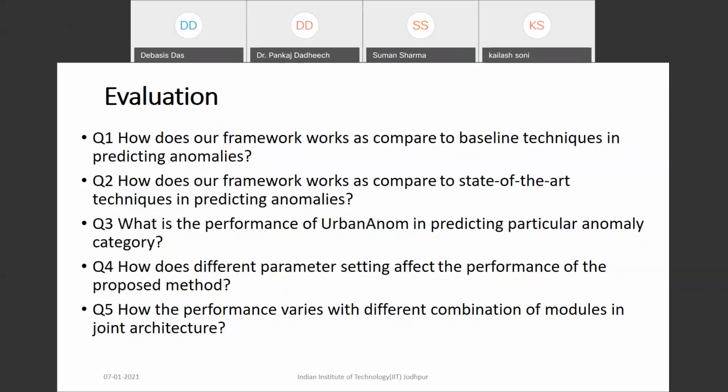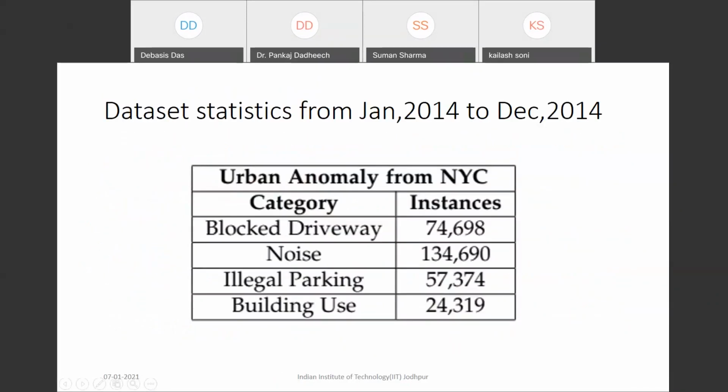The input is the different types of data, like in the case of urban anomaly, okay. So in the case of urban anomaly, what is the input parameter? The input parameters we send are blockage, blocked driveway, noise, illegal parking and building use. So these four inputs will be given into our input layer. Then we have our